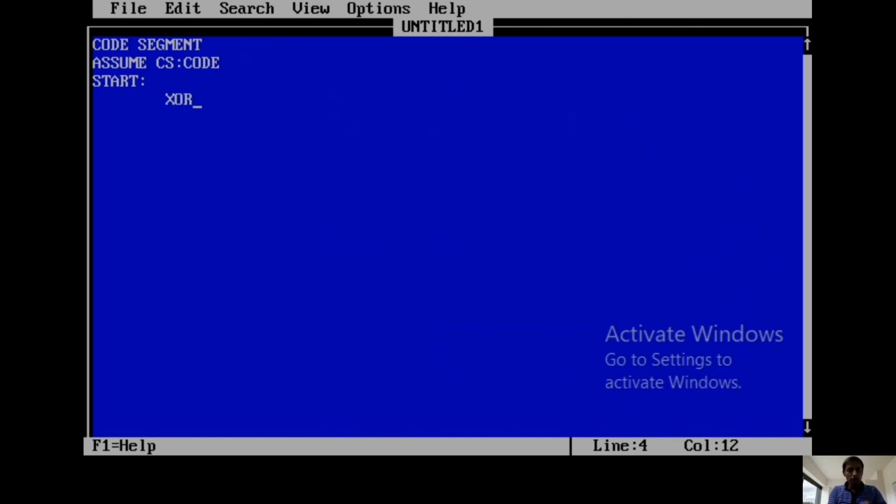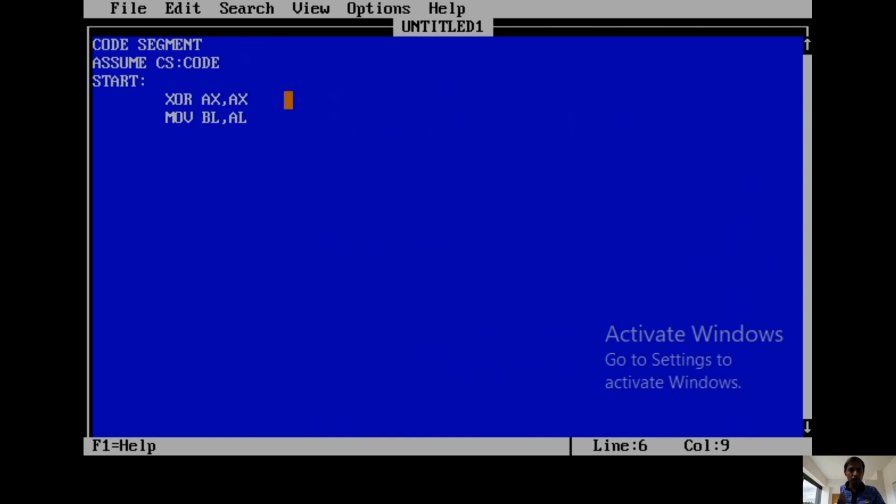What is the next step? Exclusive OR operation of AX comma AX. In this particular program, we need the AL register for selecting one 8-bit number. Similarly, we need the AH register for seeing the carry result, and we need BL also for selecting another 8-bit number. For that, clear BL also, so move BL comma AL. With the help of the exclusive OR operation, AX is cleared, nothing but indirectly AL and AH are cleared. Then that AL data is sent to BL, so BL is also cleared. So here AH is cleared.